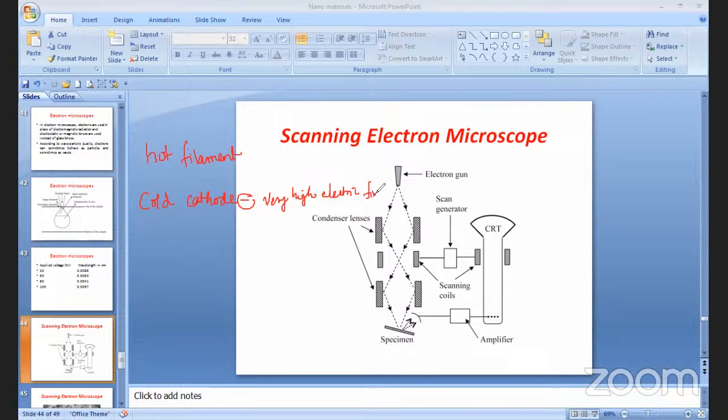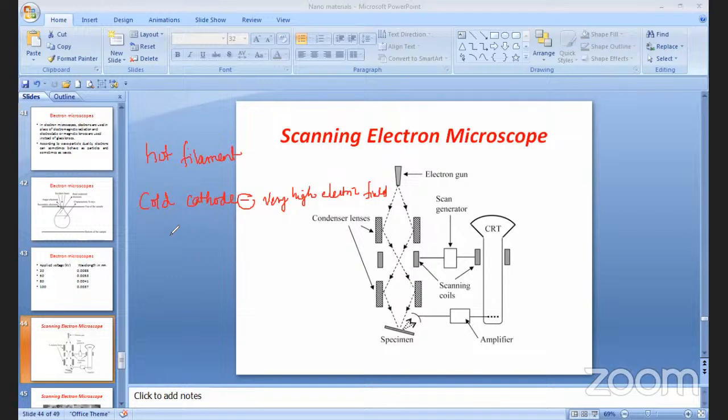So if you use a very high electric field, then this cold cathode can generate the electrons. So it is also known as a field emitter. This cold cathode, if you are using it, we'll be calling it a field emitter. If you use this cold cathode in order to generate the electrons, such SEMs whichever we have,